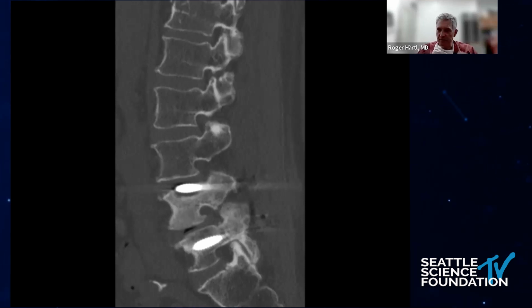But when I use it, I use one small sponge and I put it all the way in the front of the disc space. Then I put autograft bone. I always use autograft bone from the facet. I use expandable cages. Then I backfill the expandable cages with bone graft. So the BMP is far away from the dura. But I use BMP maybe in 10% of cases. Again, patients where I'm really worried about the fusion.